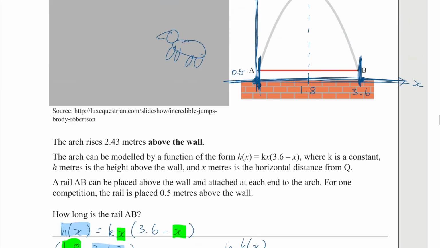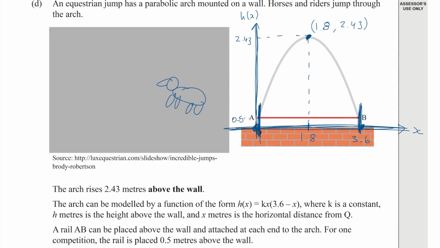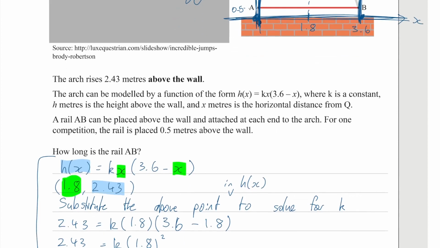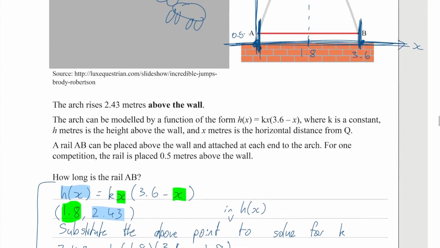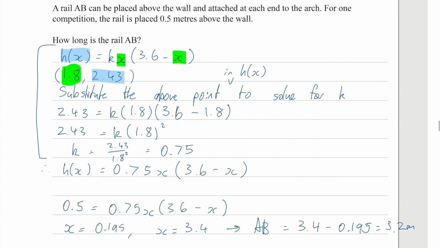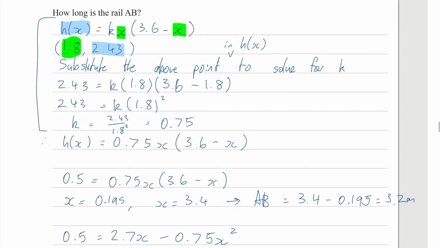So quite a lot of work for this one, but once you've got the steps down, I'm sure you can do it. So let's just summarize it one more time. We have a parabolic function, a model for the height of an arch. We first had to finish the model, we didn't know what k was. So we used this vertex, this turning point, to find k by substituting it in. That was step 1. Step 2 was to find the x values of that rail AB, or the endpoints. And to do that, we set a height function, a height model, equal to the height of the rail, and then solved for x,